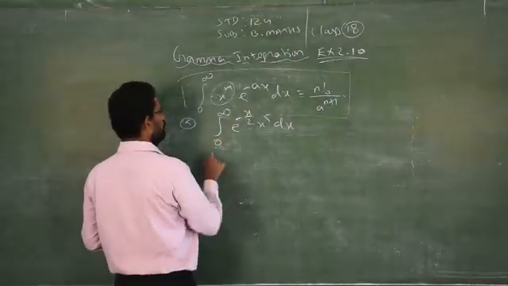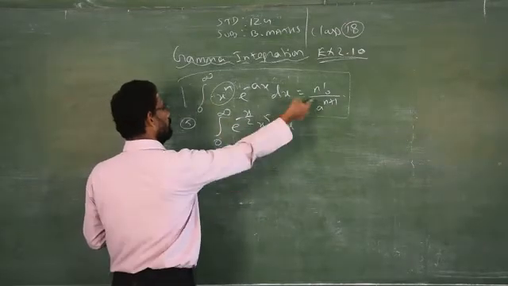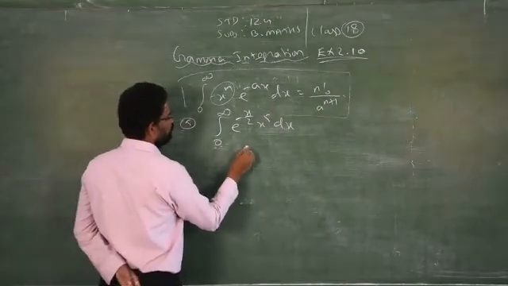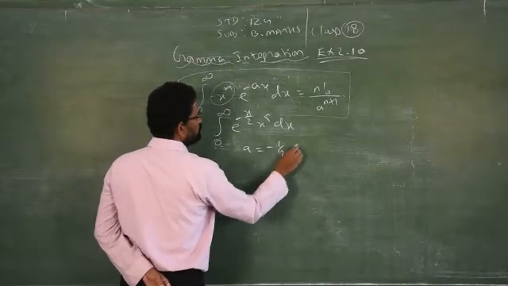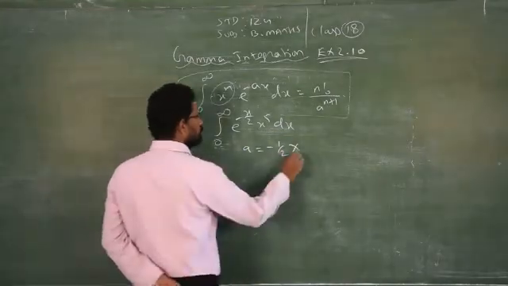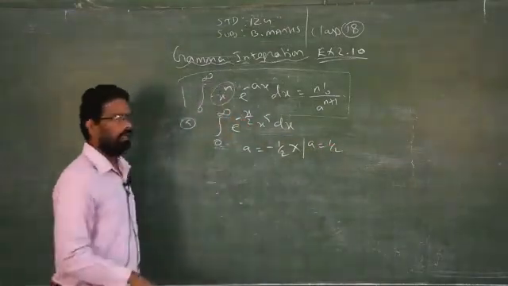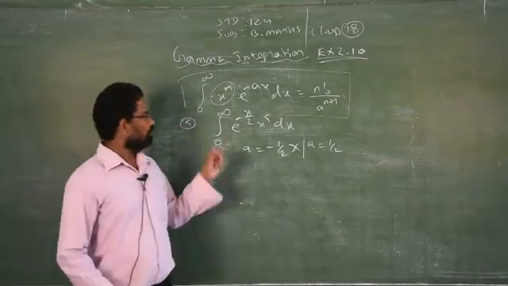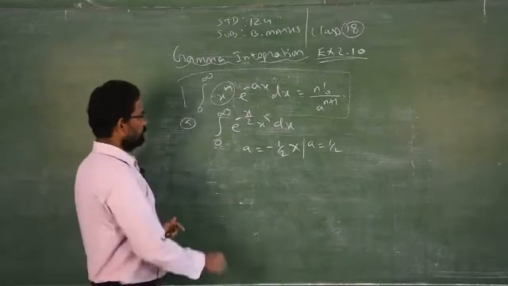But be careful, see that it is 0 to infinity and the power of e is negative. So you can apply this formula. Otherwise you cannot apply the gamma integration. Now immediately you have to find out what is a. If you take minus 1 by 2, your answer is wrong. So you have to take a equal to only the positive, even if it is given with a negative sign. So don't take a is equal to 1 by 2 straight away. That is wrong. You have to take only a is equal to the coefficient of x, that is 1 by 2. So what is our n?